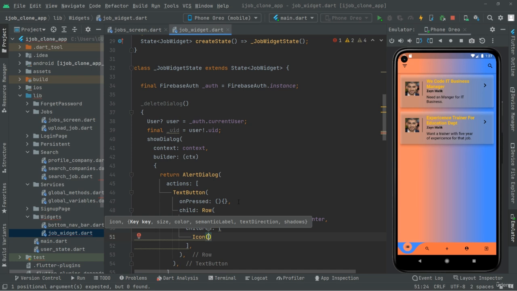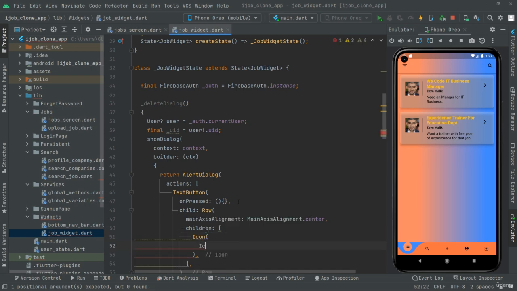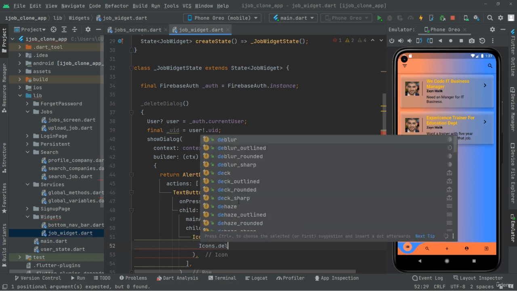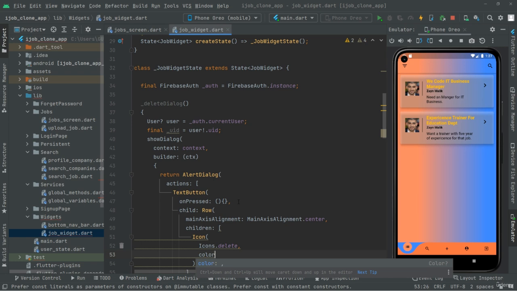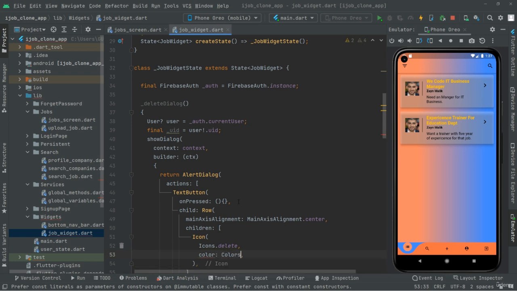So first let's set Icons.delete. You can choose whatever you want right in here. I'll go with this one, and I will also choose the color for that. So Colors.red,